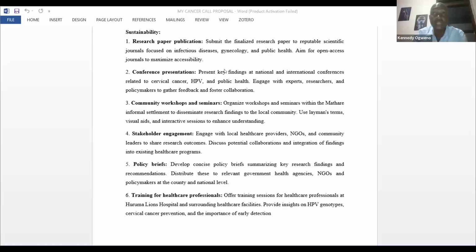I remember in the year 2022, I conducted a study in Mathare slums. Okay, I was looking at HPV vaccine hesitancy. If you guys can remember the HPV vaccine that was supposed to be given to young girls between 9 to 13 years, okay? It brought a lot of issues, that mothers were not allowing their daughters to be vaccinated against HPV. Why? They thought they will not give birth. Okay?